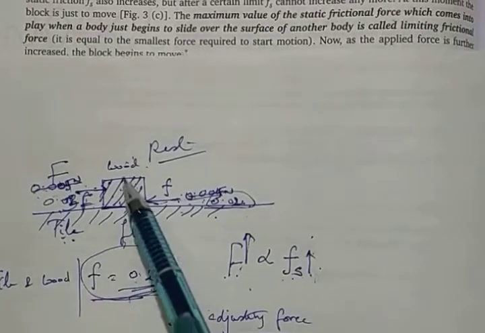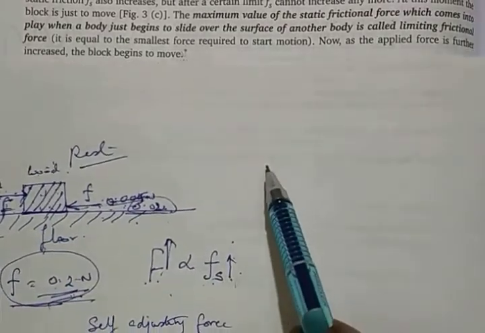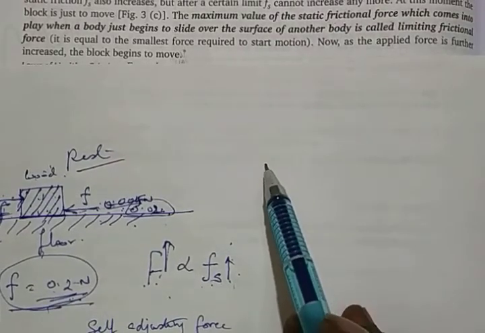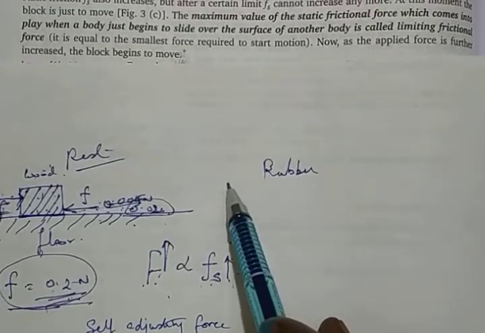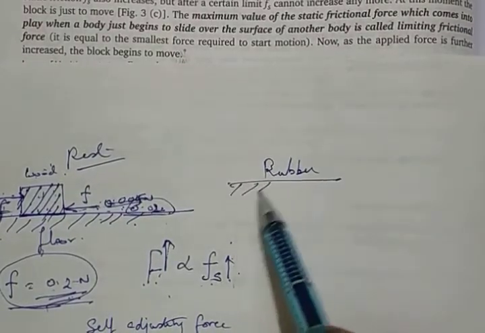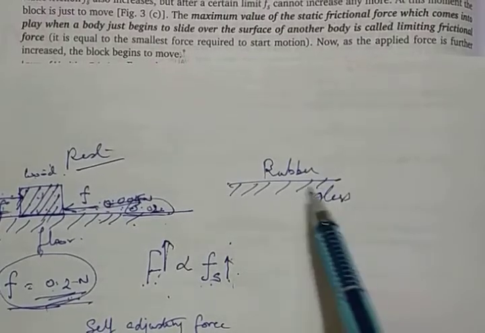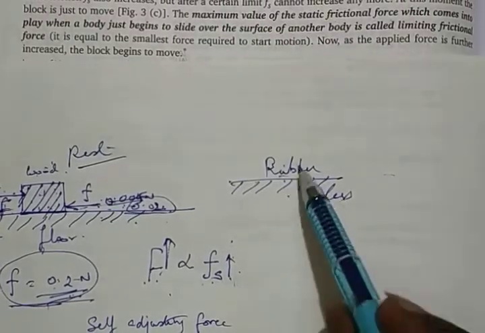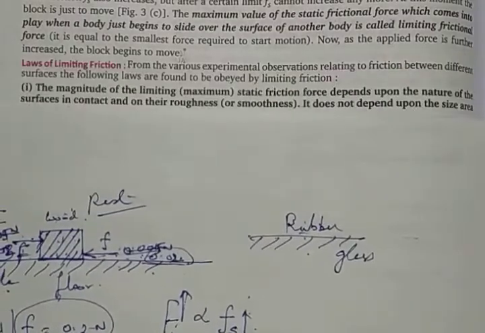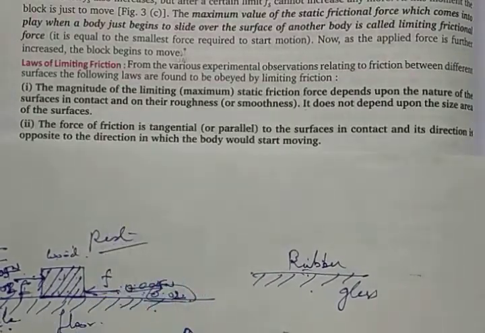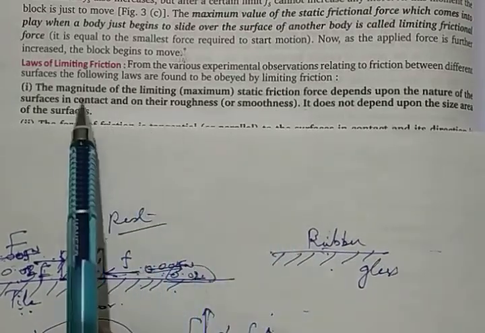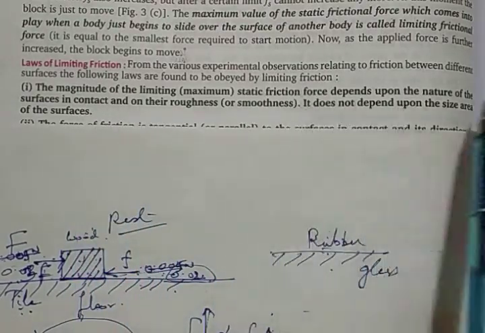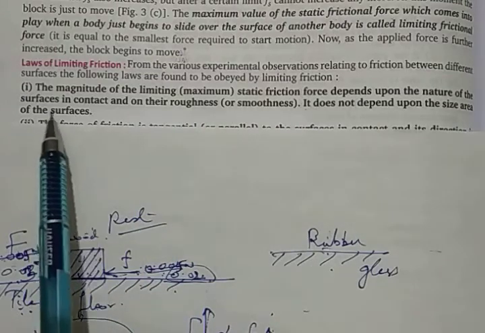Suppose I have a rubber and I try to rub it against another smooth surface, maybe glass. Move the rubber along the glass. These two will have their own maximum value. So they have studied many combinations and made a big list of frictional forces for two different things. So it says the maximum limiting static friction depends upon the nature of the surfaces in contact